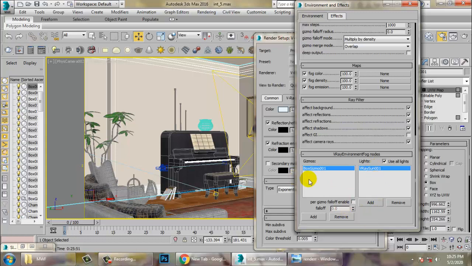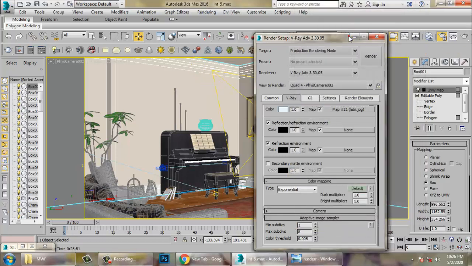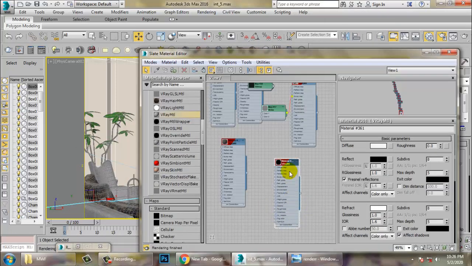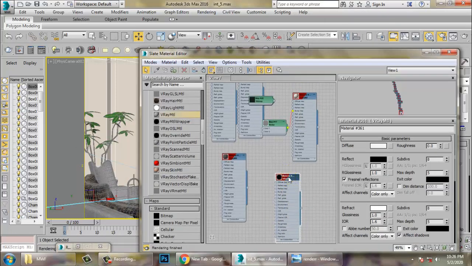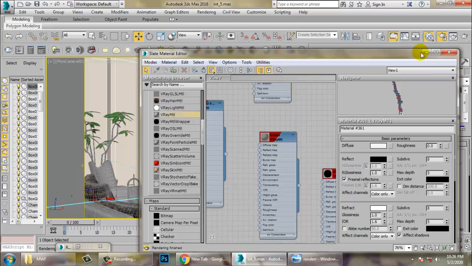So I have added the gizmo and a light over here. Once these things are done, you can again go into this material and make whatever changes we have done as I explained.